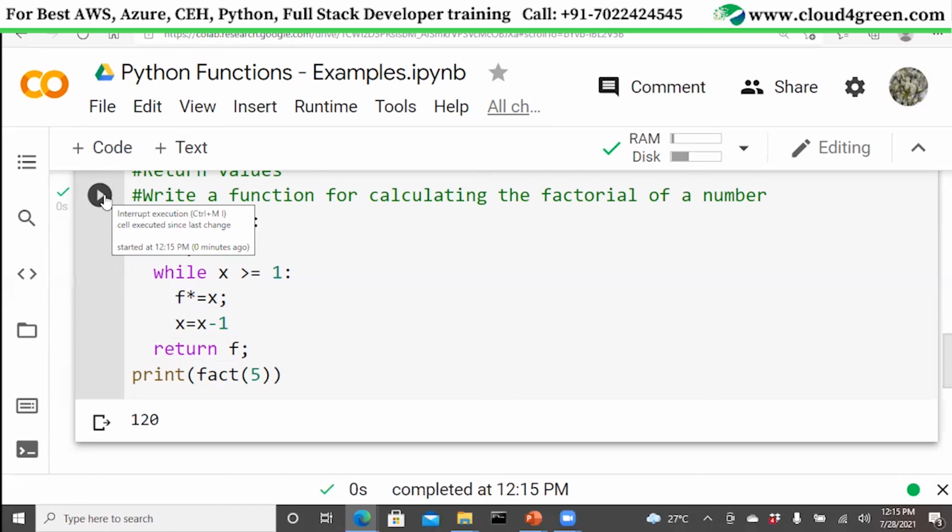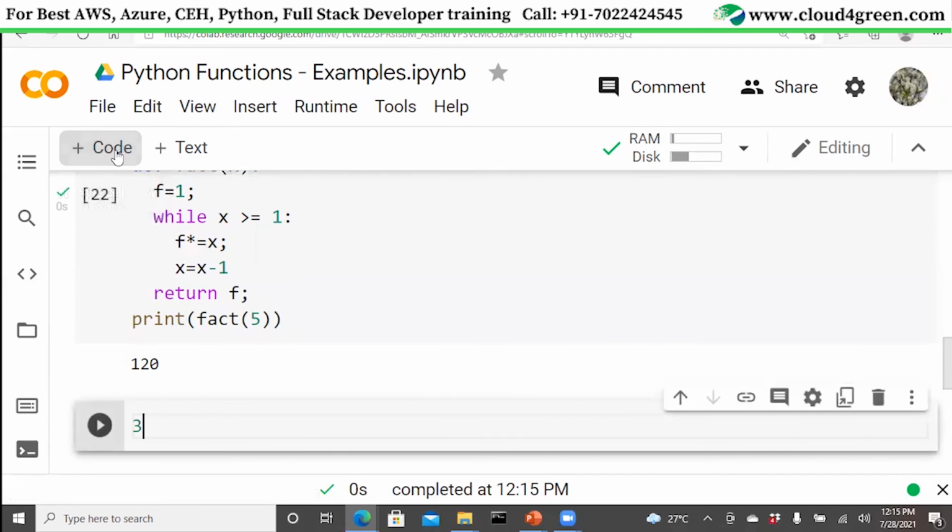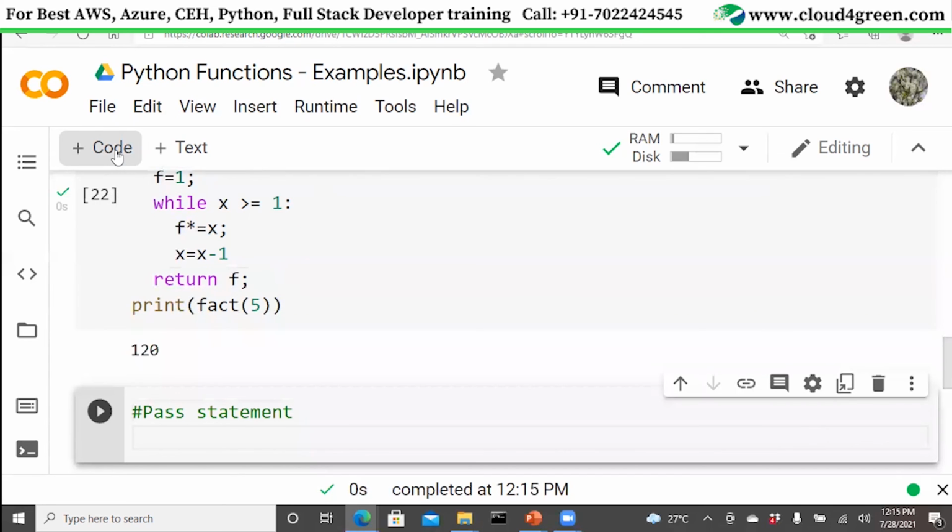So this is the use of returning values in Python. Values can be returned using the return keyword. Finally, the last one is the usage of the pass statement. So what is the use of the pass statement? Suppose I want to write a function, but I don't have any statements there. It's a dummy function. Then you still have to write the pass keyword there. That is the only use of the pass statement.